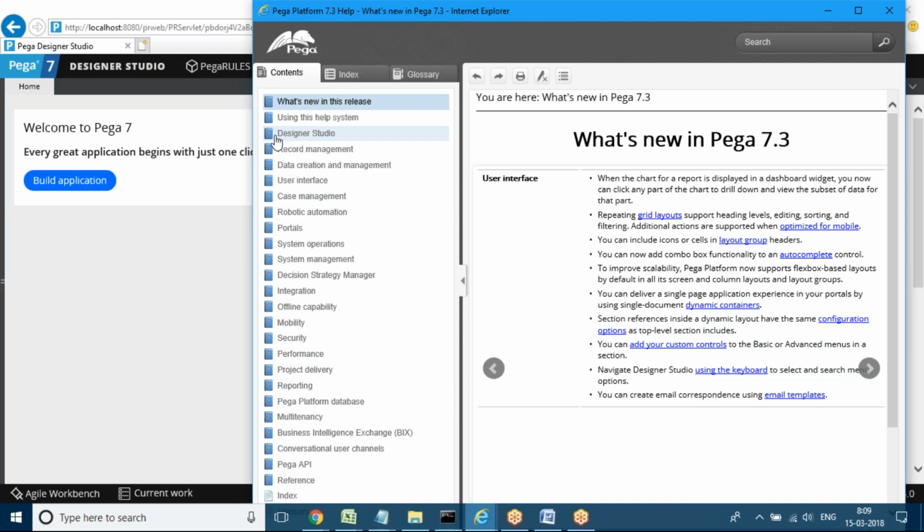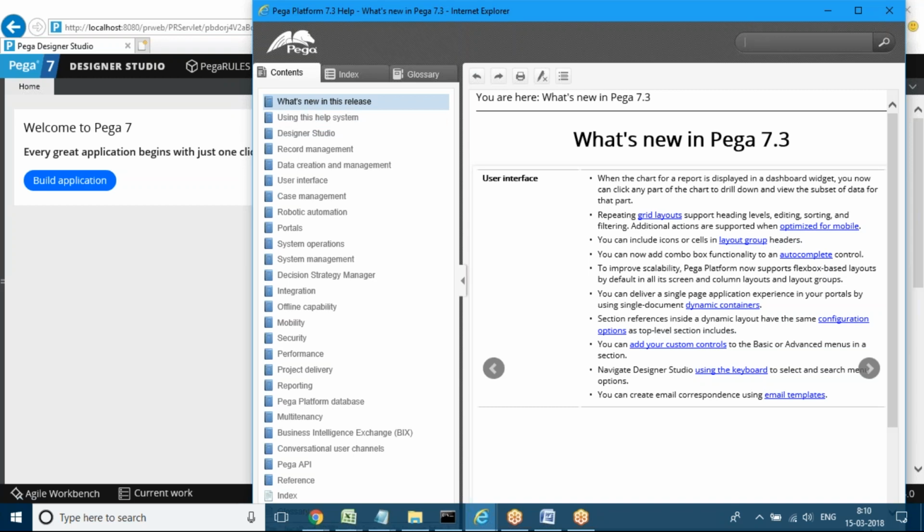At any point of time, if we have any doubt on any topic, you can search topic wise. There is content wise, where you can check in the contents, but it is difficult to identify under which category which topic is. One way is to use the search option. The other way is rule level. When I use any rule, at rule level also you'll get the content, and I'll show that in tomorrow's class.